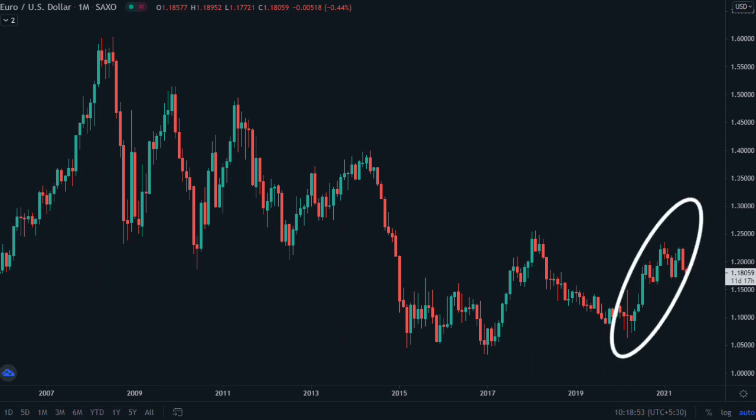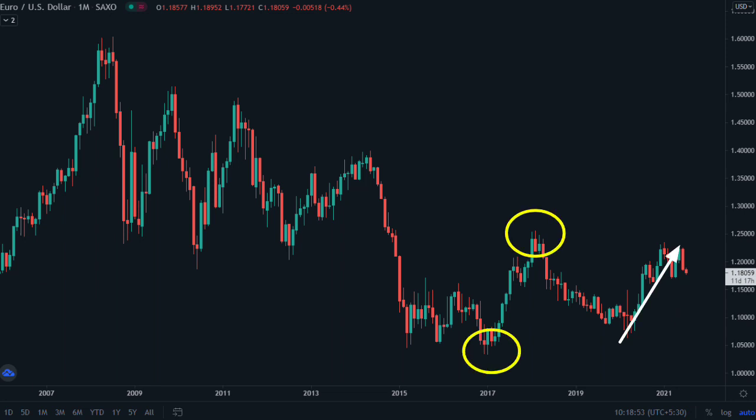This wave was started during coronavirus, and this wave is in the middle of these two levels. It has to break any of these before making a new trend. Because this is a monthly time frame, you can buy or sell here, but you cannot use SL on the monthly time frame. To trade you need numbers. If it breaks this level, then how far will it go up, or if it races back, then where will it find support?